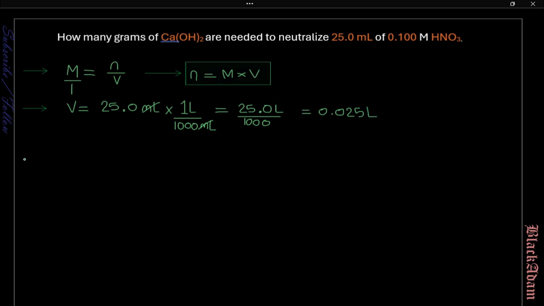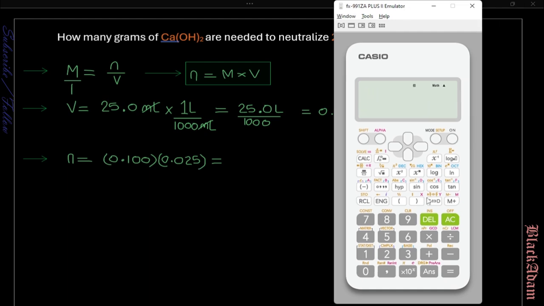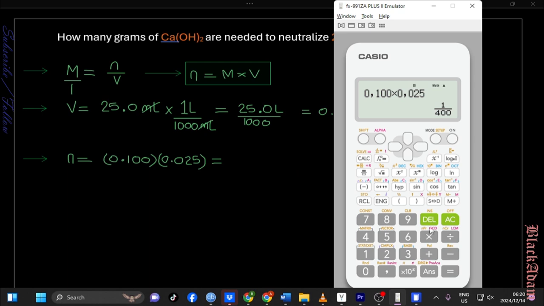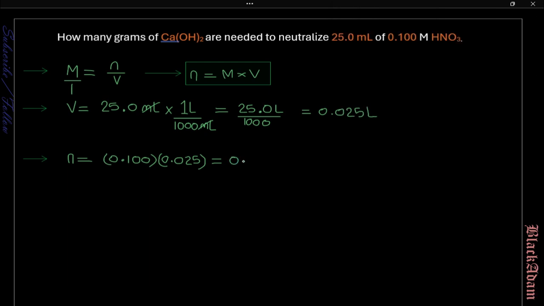liter. Okay, so we have number of moles is molarity times volume. So molarity there is 0.1. So 0.100 multiplied by the volume there, which is 0.025 liter. So the volume has to be in liter or decimeter cubed, but decimeter cubed is equivalent to liter. So 0.100 multiplied by 0.025 gives us 0.0025 mole. So that's the mole of